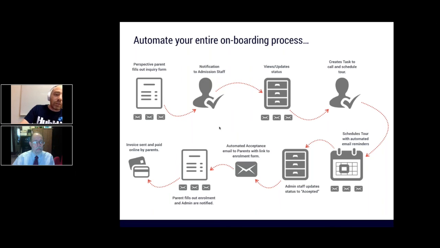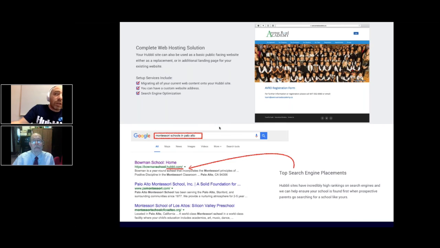And at any point in time, you can see where all the different parents are at what stage in your enrollment process. So you can say, oh, we've got 15 parents that are on the waiting list, and we've got 5 parents that have been accepted, and 4 of those parents have paid their invoice. So it just gives you a really easy, automated, and trackable experience to your onboarding, which can be really, really time-consuming if you're doing all this manually, or it can be incredibly simple and not time-consuming if you use a system that automates it. And then the last thing Hubly does is,